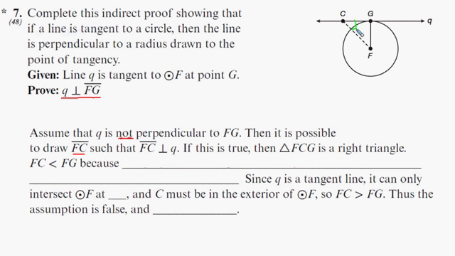Okay, now remember that a perpendicular line is always the shortest distance from a point to a line. So in theory, if this is perpendicular, that means that FC has to be the shortest distance to the line. Okay, messes with your brain, doesn't it? So if this is true, FCG is a right triangle, right? So FC has to be less than FG because the perpendicular segment